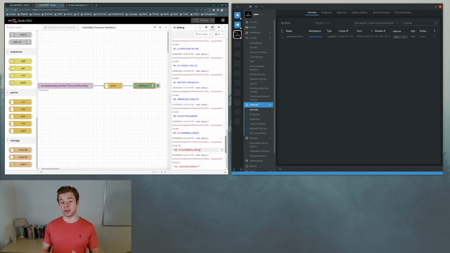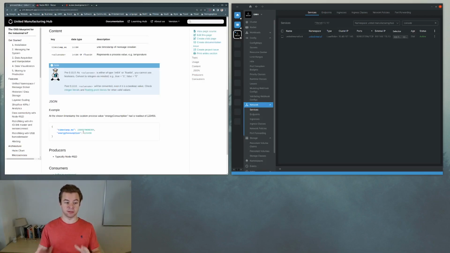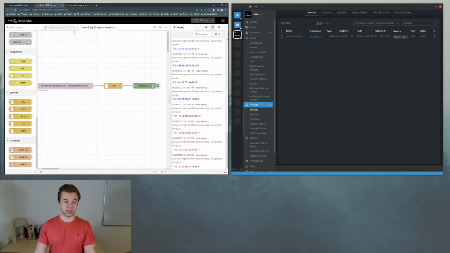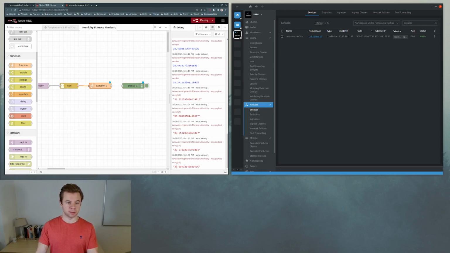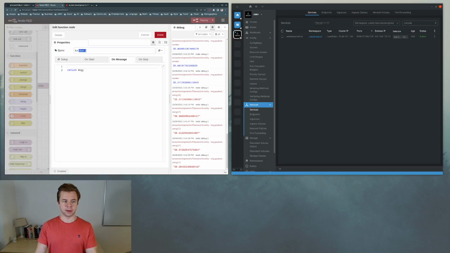Now we are not quite there yet because we still need to have it in this format. So there's a couple more things we have to do, some logic we have to apply. And for that, for some custom logic, we can define a function in Node-RED, which is a function node here. But let's connect it to our JSON string. And I would call this function create